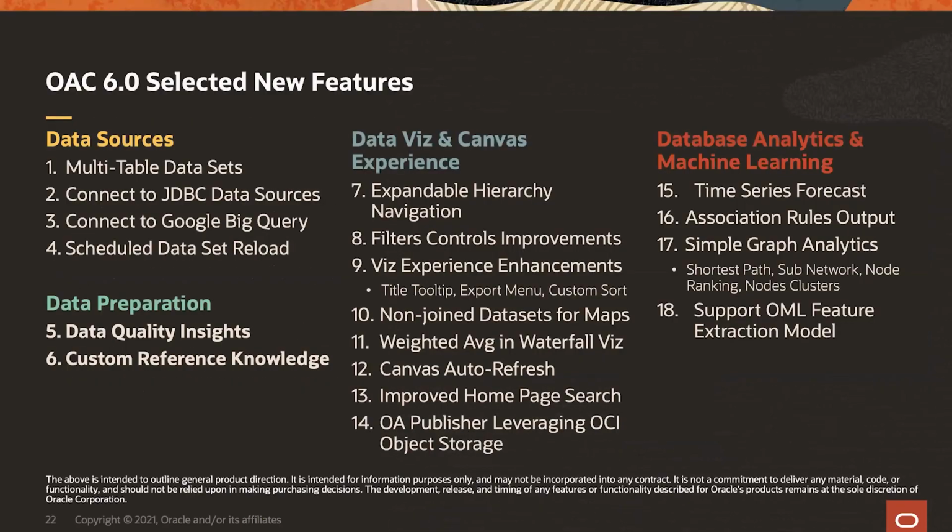This is a little preview of all the features that we are going to release under Safe Harbor with 6.0. We are going to show you today a preview of multi-table dataset and also maybe a preview of hierarchy navigation. But we have way more things to come this year with 6.0. We will have Joe Fitz and TK Anand speaking about what are all these new features at the next Oracle Live, which is in April 26. So again, stay tuned, join this event. It's like a keynote, it's going to be huge, and you will see way more surprises.